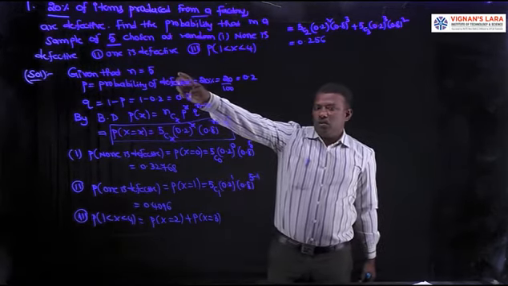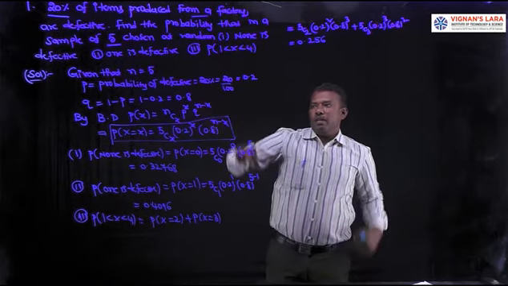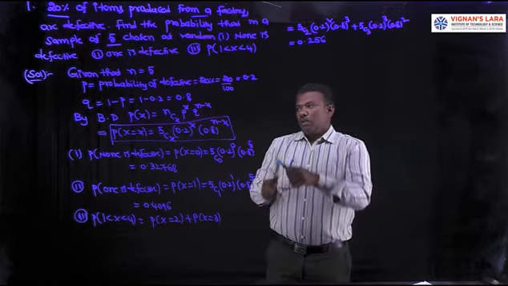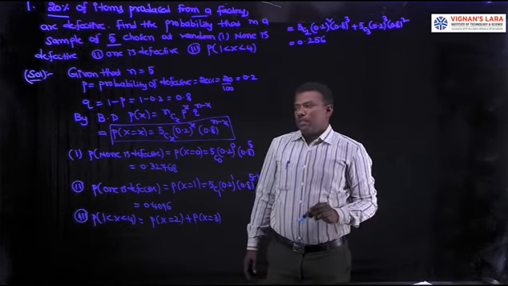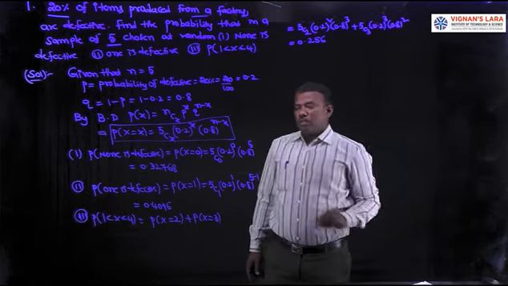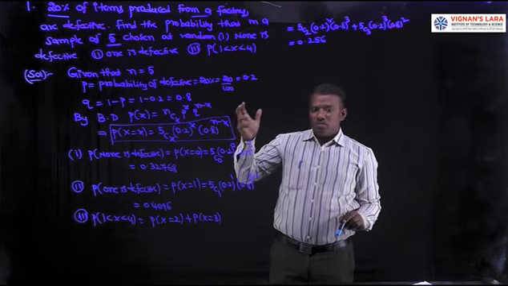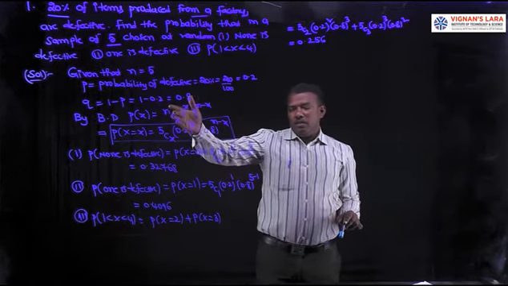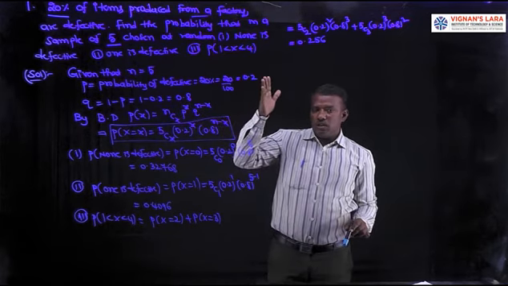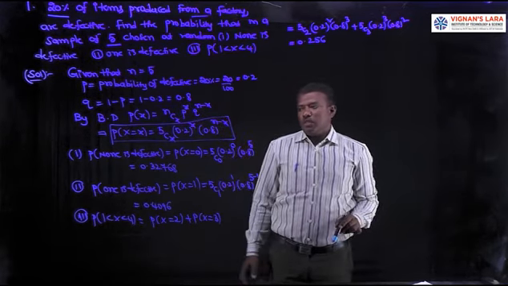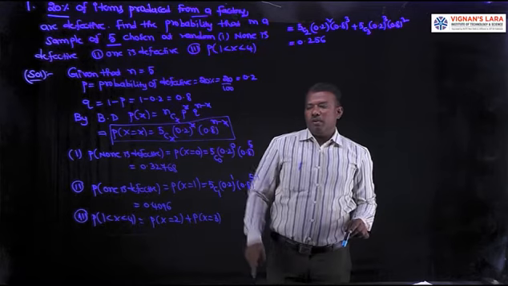To recap, given that n equal to 5, P getting a defective item 20%, 20 by 100, 0.2, and Q 1 minus P, 0.8. Write the formula for binomial distribution. Why are we applying binomial distribution? N is small, that is 5 only. By binomial nCx p power x q power n minus x, we know the values of n, p, q. These are the fixed parameters of the binomial distribution. So it can be written as 5Cx, 0.2 whole power x, 0.8 whole power n minus x.